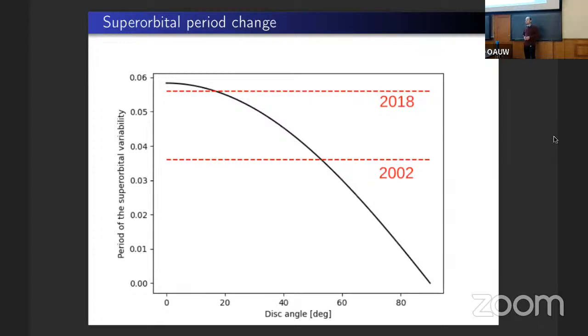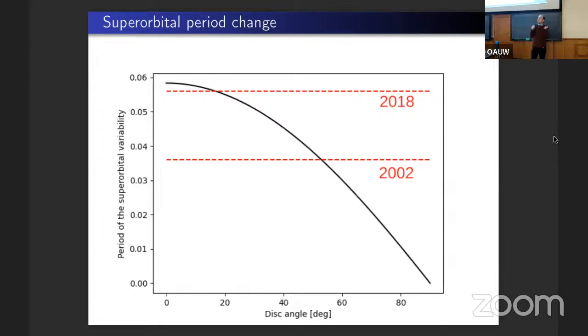It's also related to this. So my question is, I understand there is this angle, right? But how does it occur? Exactly the right question that we don't know the answer to. And there are many models. One of the models says that when you have an accretion stream, it goes under the disk and pushes the disk outside of the orbital plane.